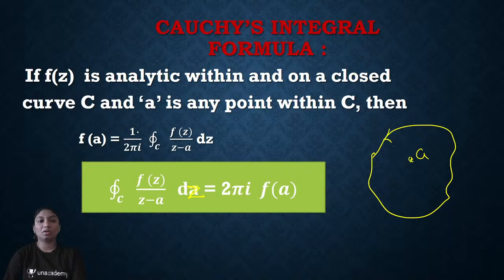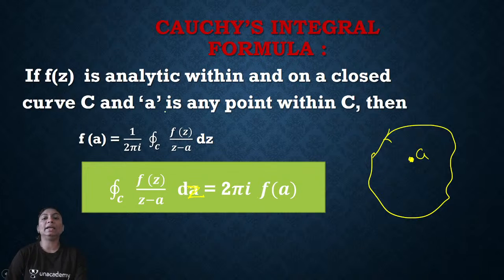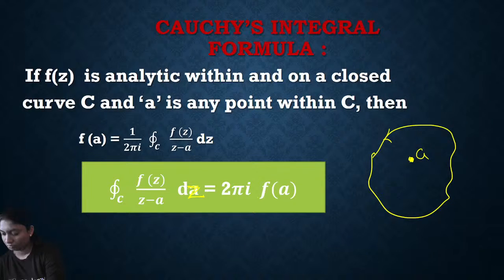Within and on the closed curve C, and A is any point within C, मतलब ये जो point है A, ये point ये within the curve C है, then the integral over C, then f of A is equal to 1 upon 2 pi I closed integral over C f of z upon z minus A dz, where A